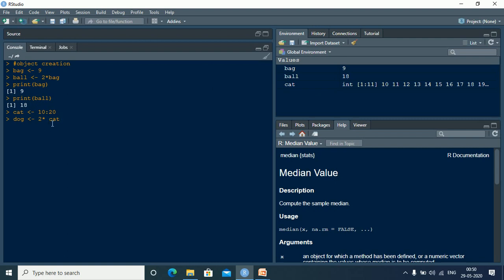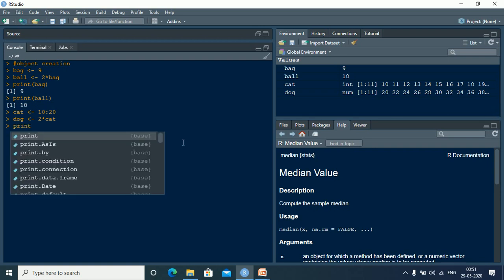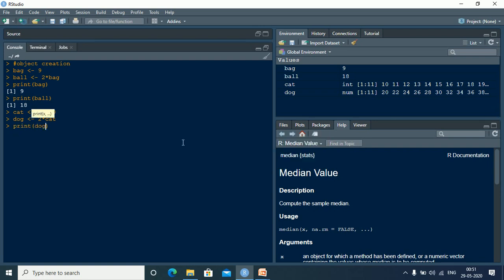So now I have created dog which is 2 times the cat. So now let us see. You can see that dog has been created over here, and it has twice the values of the cat. So let us print dog and see. So print dog. Now you can see all the values.